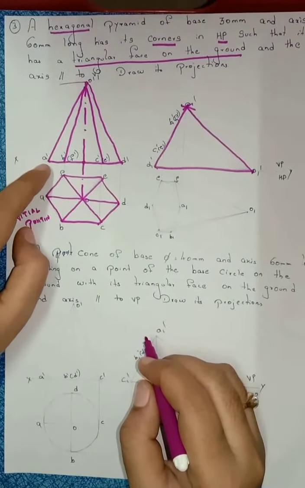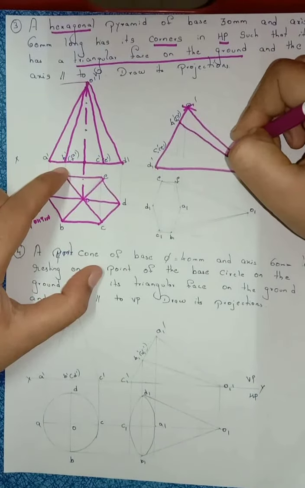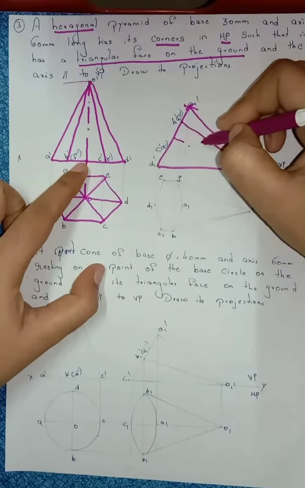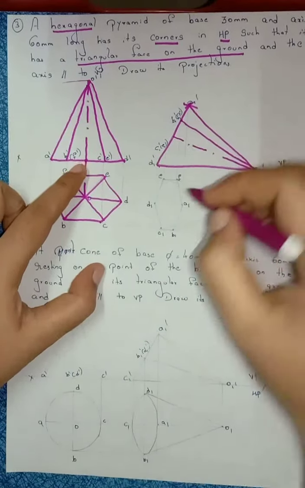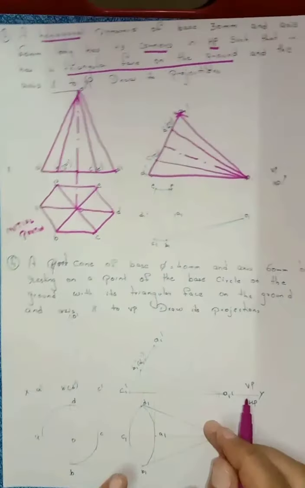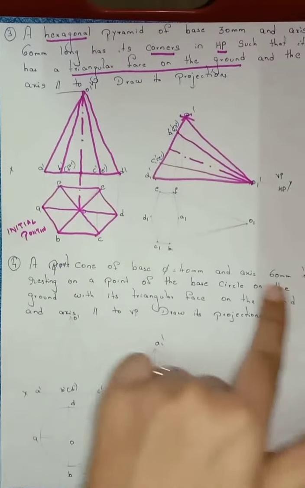Right. Next is from A to B. Take this distance. Join here. From B to the axis line, take this distance. Draw the axis line here. From the axis line to C point again, same pyramid. Draw here. Then after that we know, from every corner draw the horizontal lines.